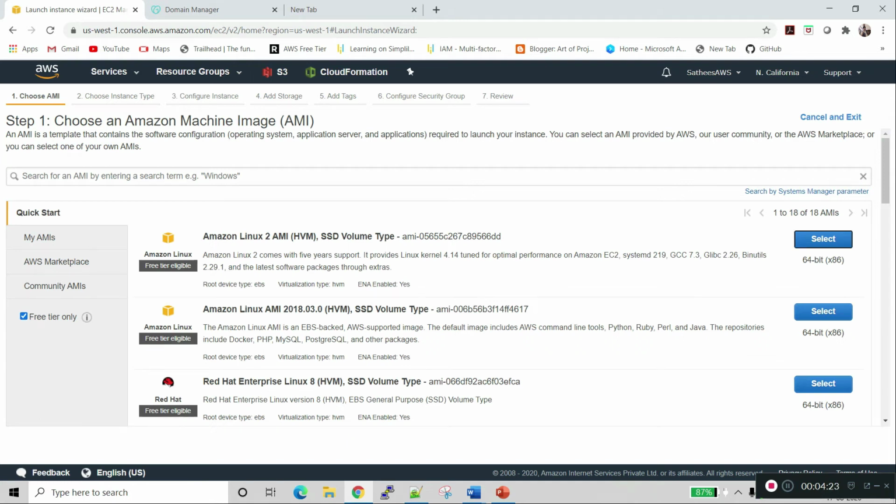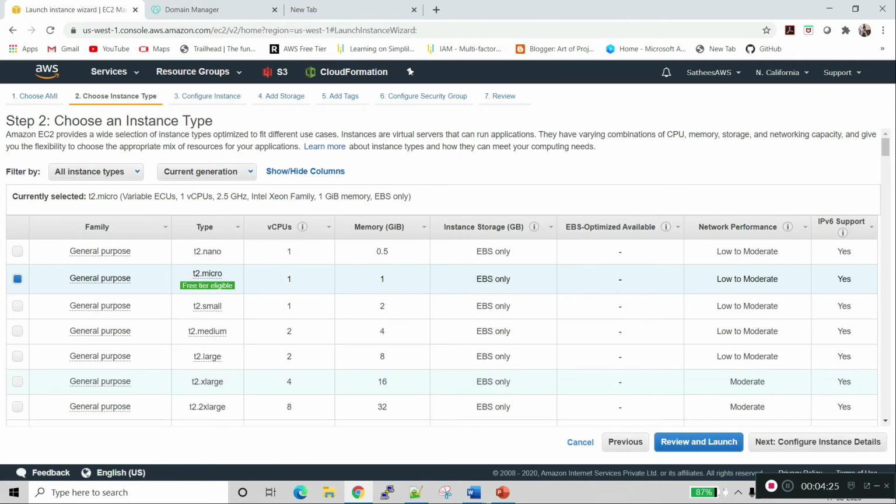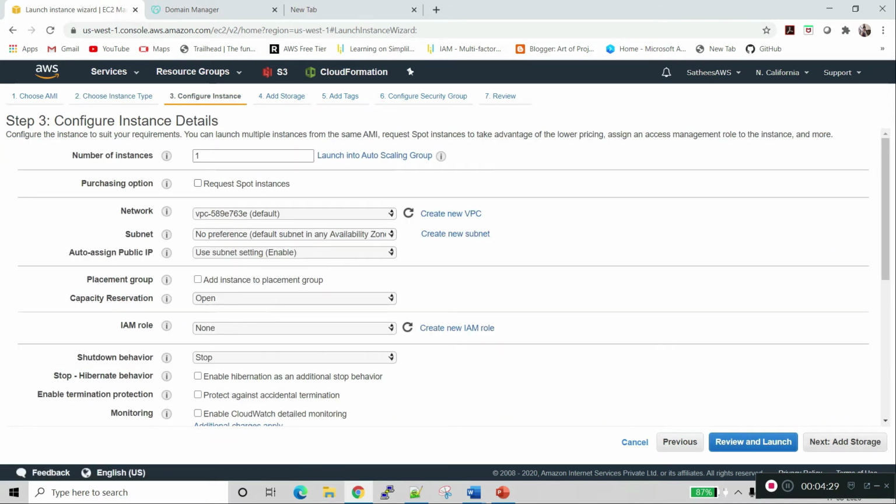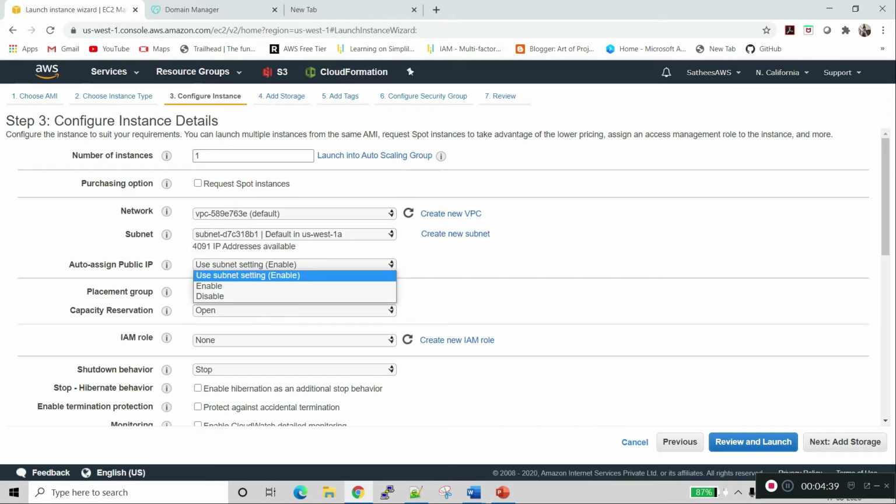So I am selecting Linux, T2 micro. I am selecting the availability zone US West 1A, and enabling the public IP address. Here we are using the default VPC.